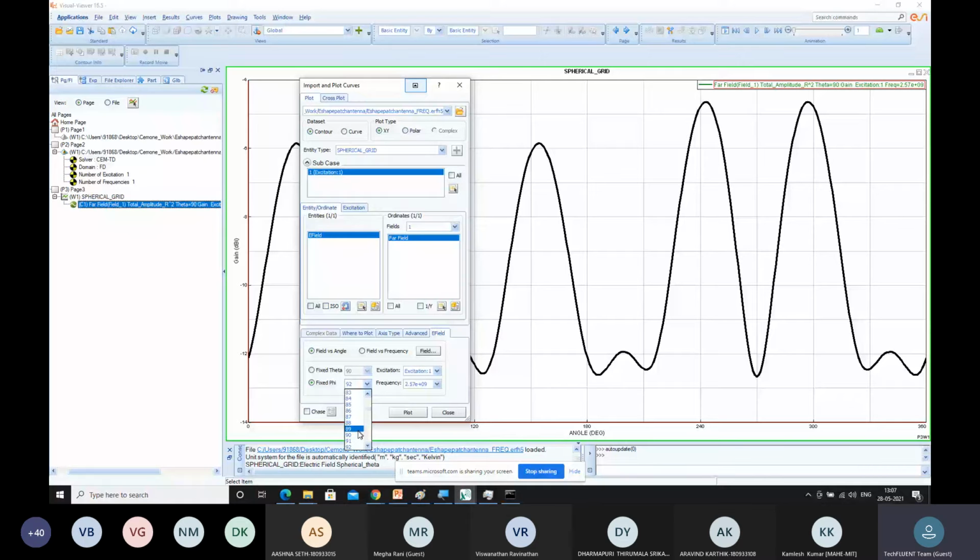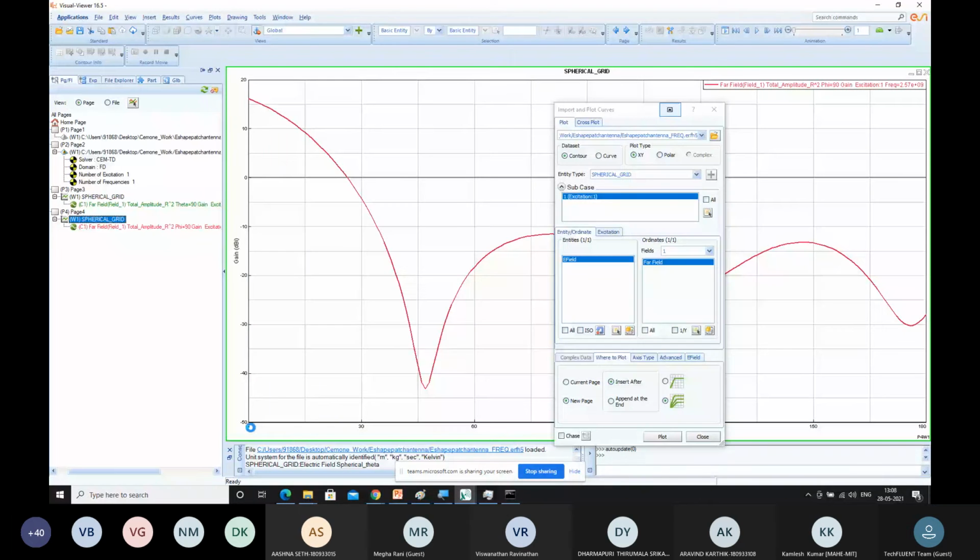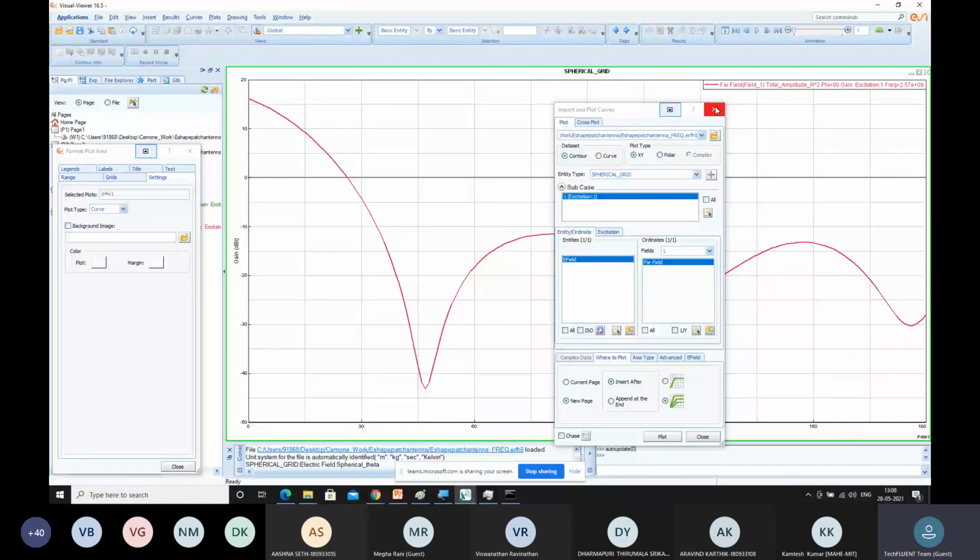Okay, this is how we are getting a response. If you plot the complete parts, maybe you will be getting the final results. Once you plot any graph, you can also go ahead with the properties of the complete plot, and you can set up the minimum dimensions and all other things.